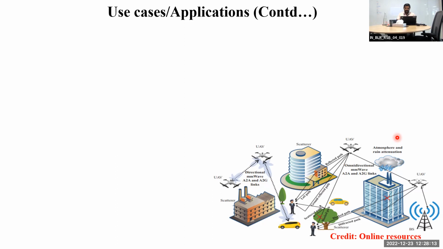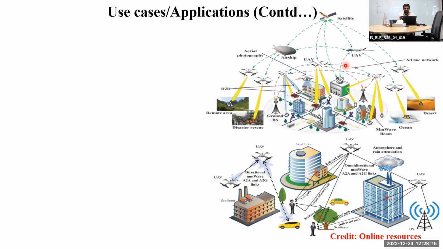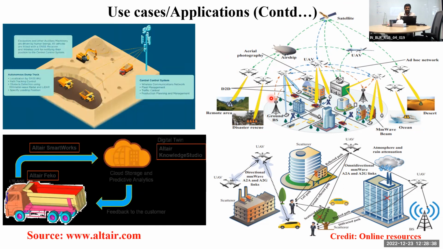So that's how it works. Okay. Next, just now I was telling you, right? You can use drones to cover underprivileged areas, or airships or satellites, UAVs, and so on. You have many things to utilize for providing coverage to the underprivileged areas basically. Okay, remote villages and so on.